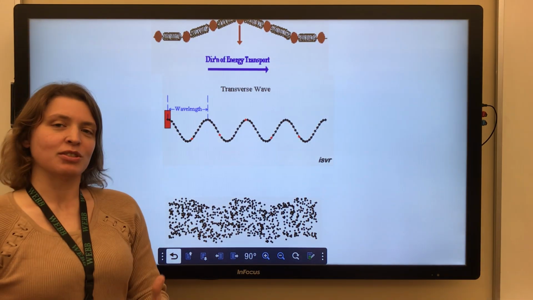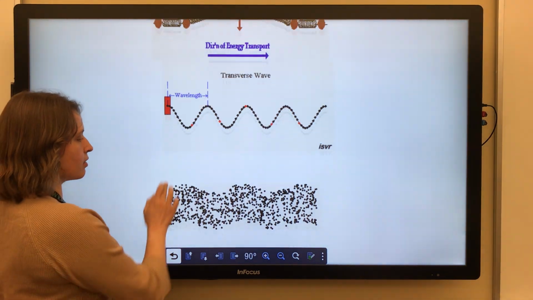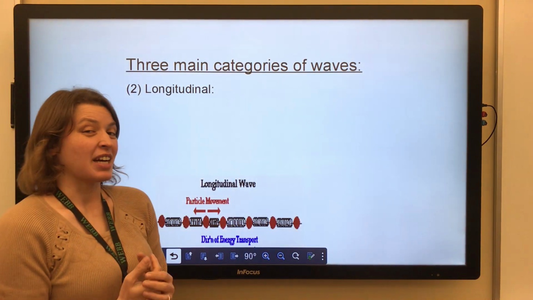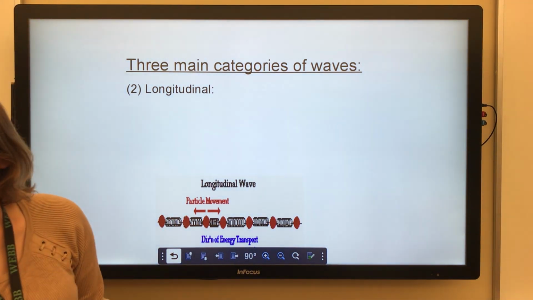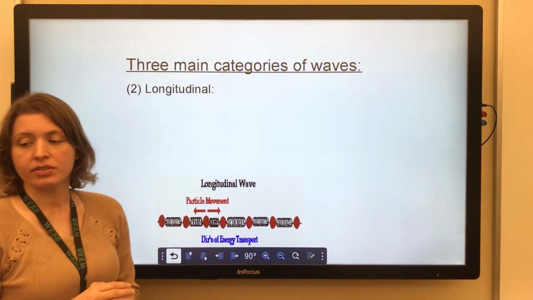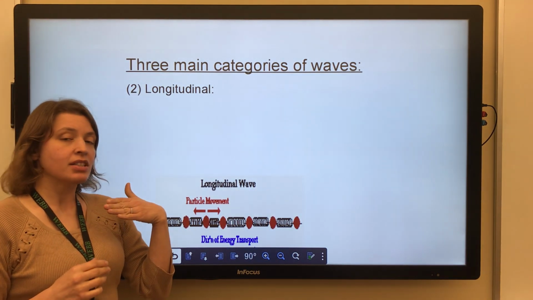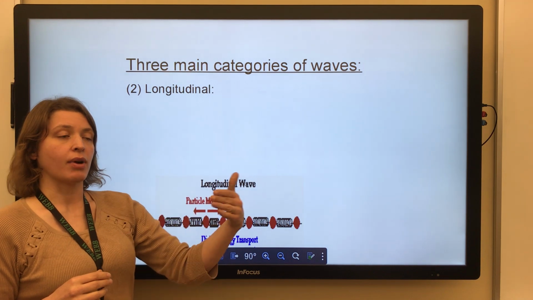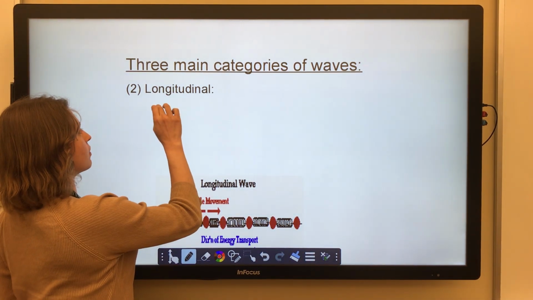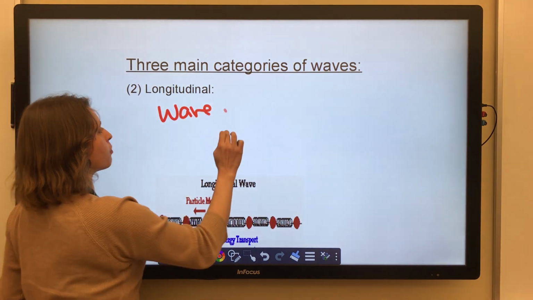Again, we'll have some demonstrations and videos that you can look at later. A longitudinal wave is a different type of wave. Longitudinal waves are waves where the particles in the medium move or oscillate in a direction parallel to the direction of the wave front, or the energy motion. So the wave propagates